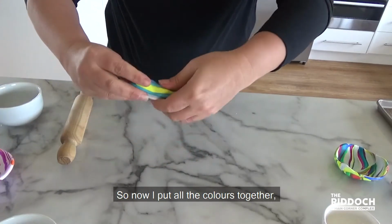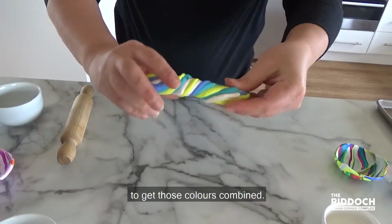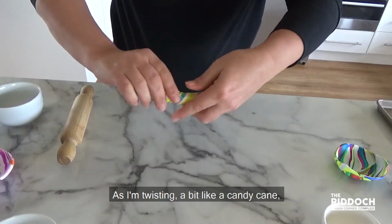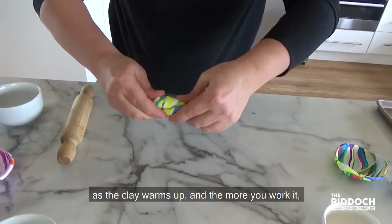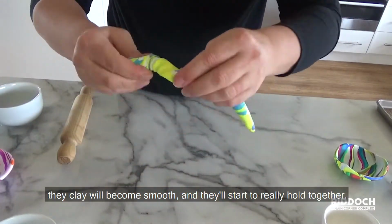Now I put all the colours together and I start squeezing and twisting to get those colours combined. As I'm twisting, a bit like a candy cane, it may start to crumble, but that's totally fine. As the clay warms up and the more you work it, the clay will become smooth and they'll start to